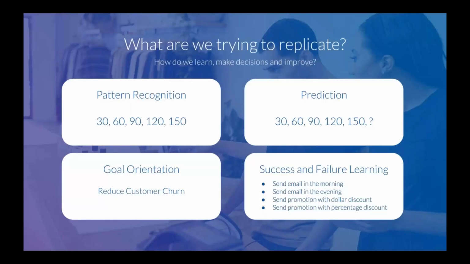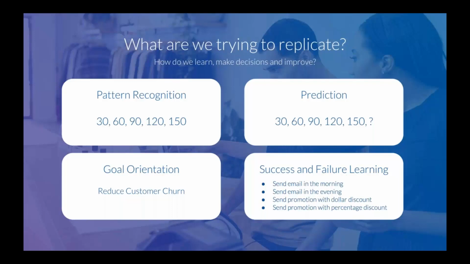So, what is it that we're trying to replicate? On a very high level, there's four basic steps that lead to general intelligence and decision making. Obviously, this is an oversimplification, but it should help us to understand how learning takes place, as well as ultimately how we can recreate the intelligence in machines.